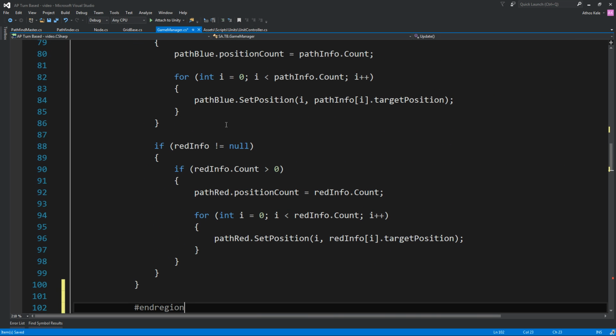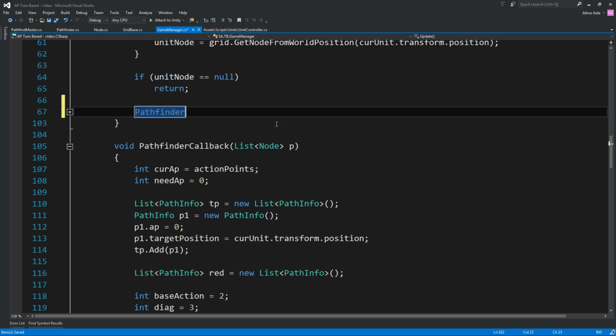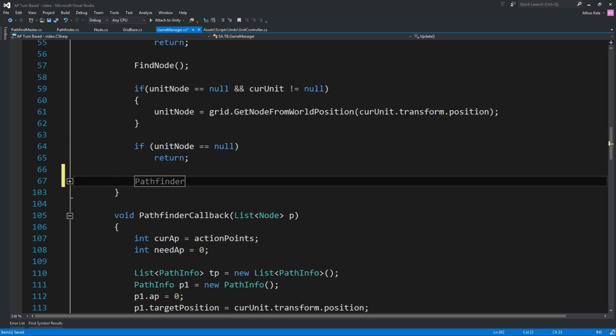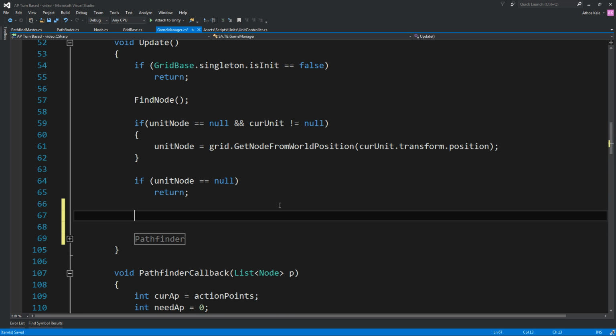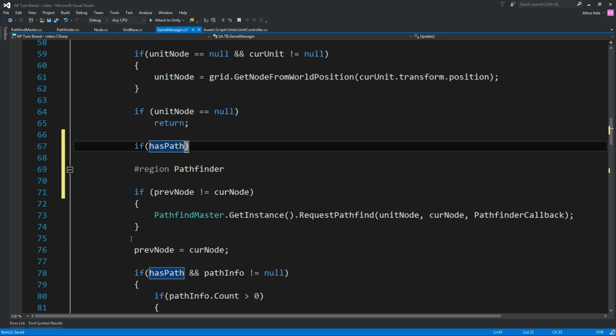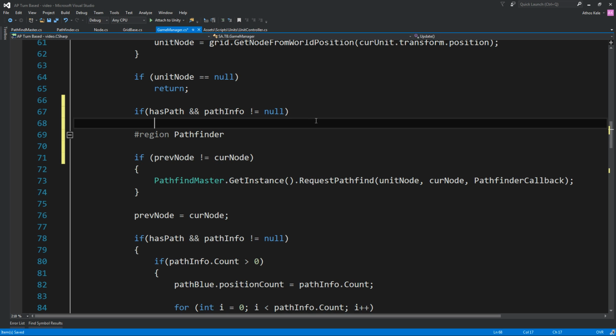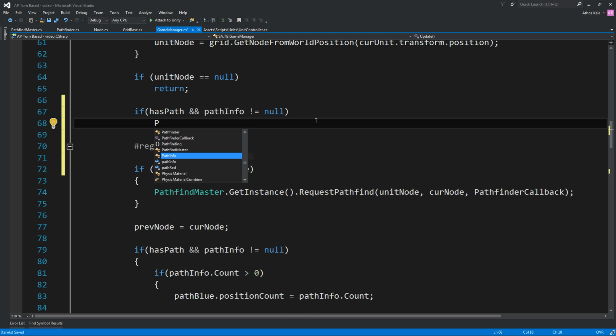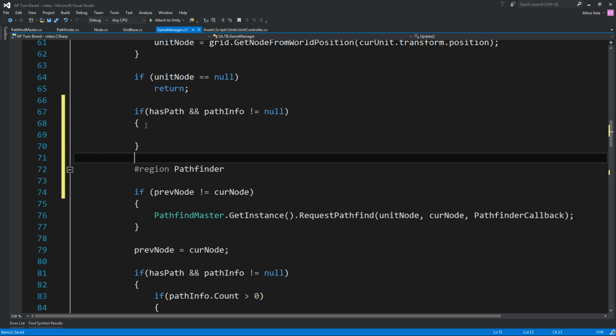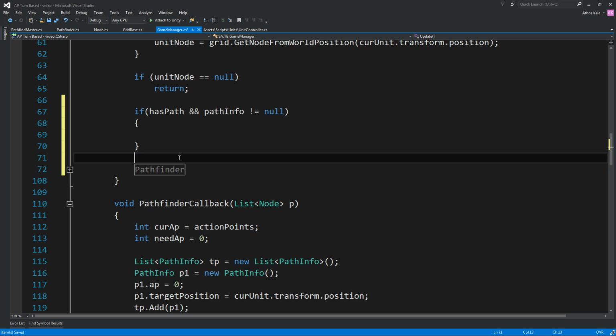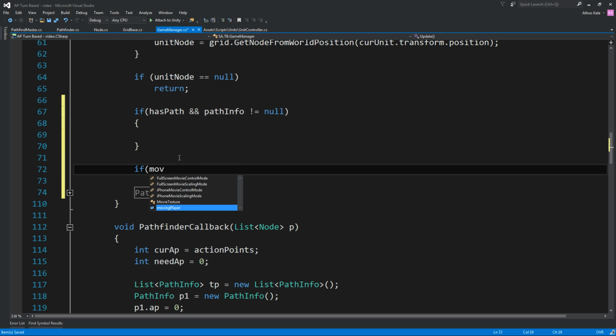I need a region. Okay, we have all Pathfinder in here, and before we do that, we're going to say if has path. Actually, let's see. Yeah, if we have a path and path info not equals null, it might look a little bit redundant, but it doesn't matter. Take this over here, and we're going to say if moving, or maybe,